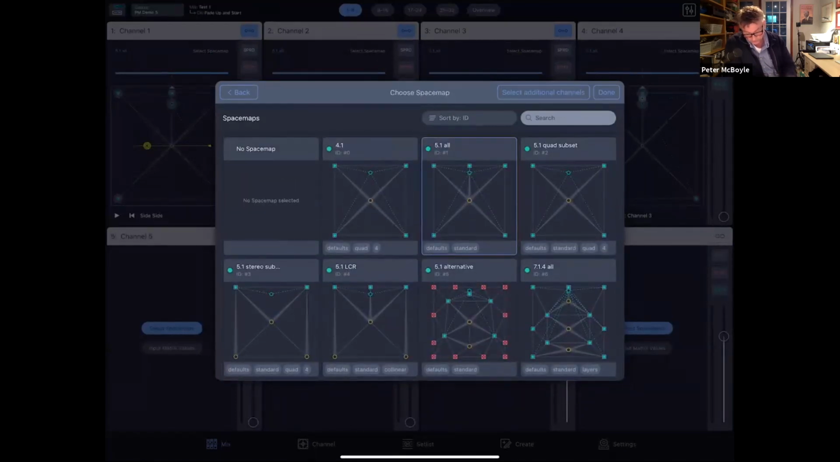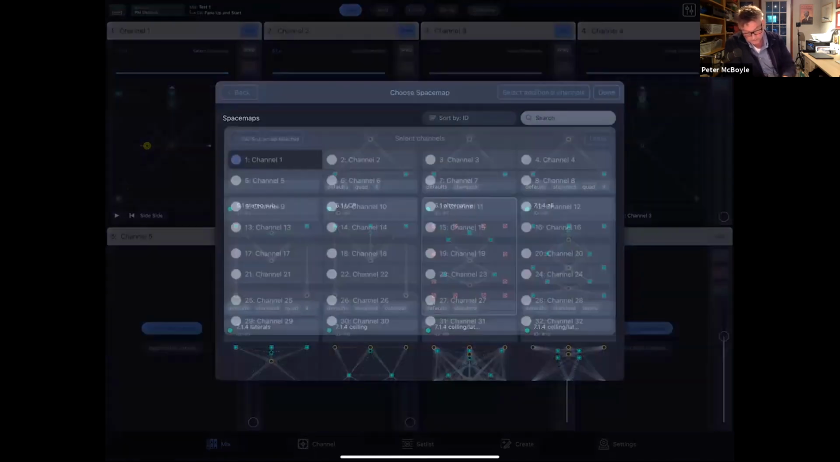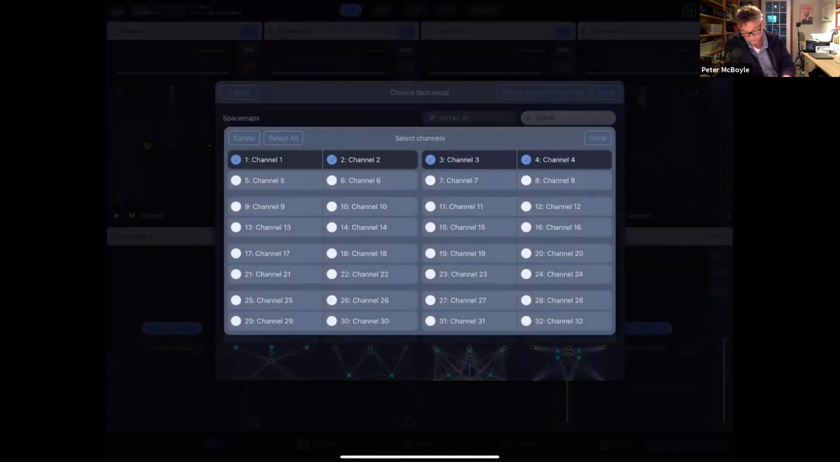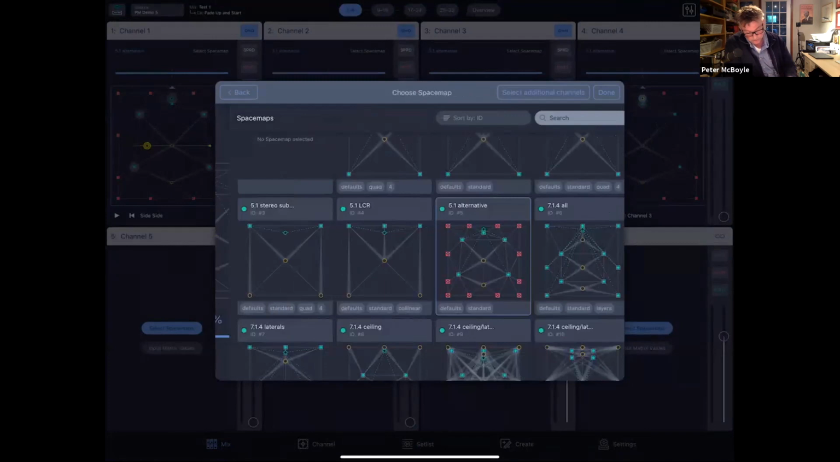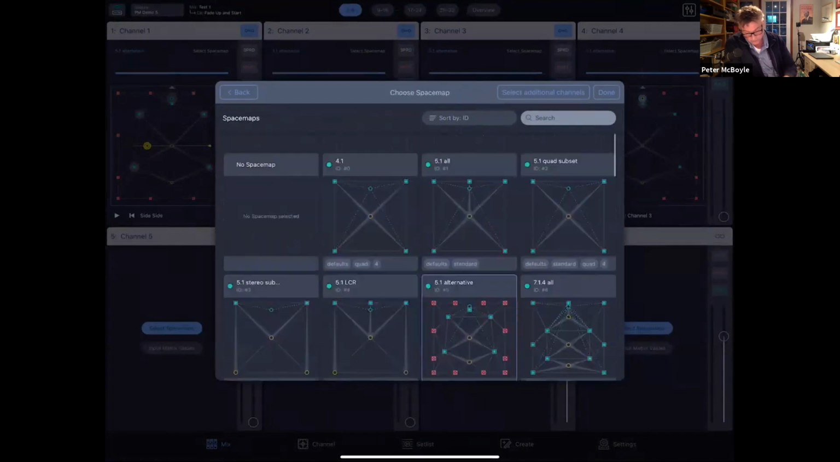And there's a variety of different 5.1s that are available. So you could just choose 5.1 alternative. You can choose to add channels to what you're going to load the same space map into. And now you can see my first 4 channels are all loaded with the same space map ready to be used. But if we don't like that and we want to make our own, we can go select space map. We go into the gallery, and then we